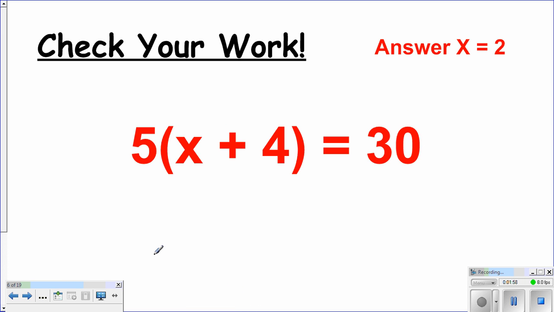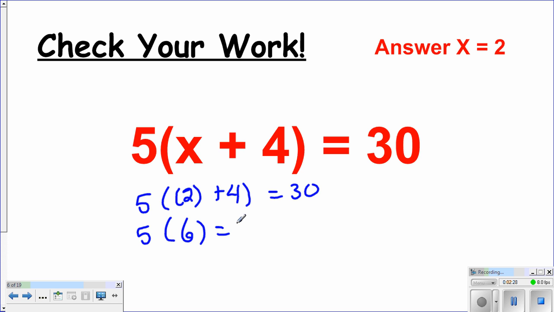Now remember, anytime that we're doing algebra and we're dealing with these types of equations, we can always check our answer. And to check our answer, we are going to plug what we solved for x to be into where x is within our equation and see if both sides of our equal sign are the same. So remember, BEDMAS tells us we have to start with what's inside of our brackets. So we can't do anything with a 5 yet, but 2 plus 4 is 6. 5 times 6 is 30. Well, because both sides of our equal sign are the same, our answer must